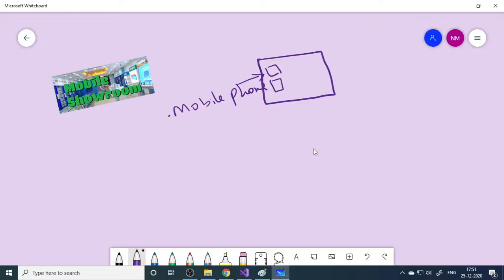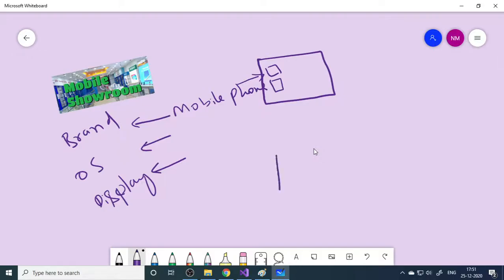These mobile phones we can categorize by brand, by OS, generally Android, but apart from this you have iOS also. Then you can have the display, how much size, what is the display size. So you can categorize into different groups like this.